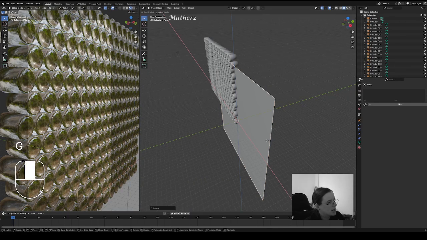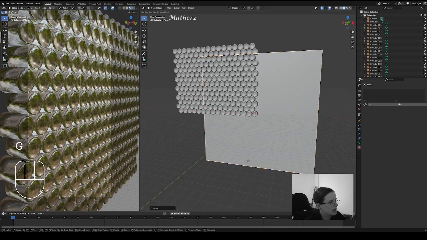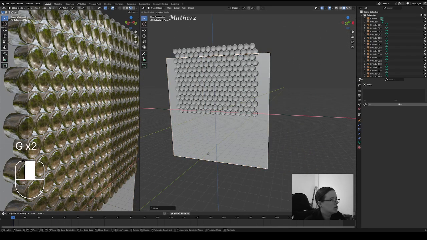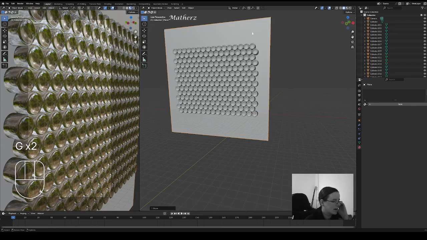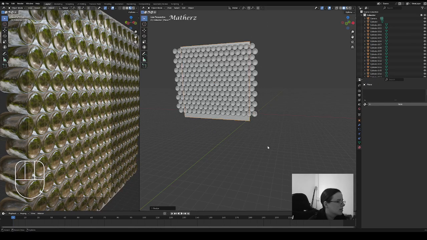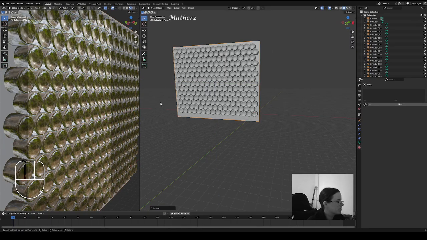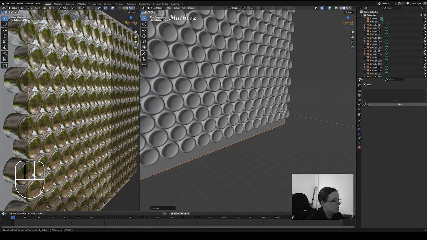We're going to press G, and what we're going to essentially do is move this over what we've just created. Just roughly give it a size at the back. So let's go S. Scale this in just slightly. Scale this across just ever so slightly as well. And so when we have this,